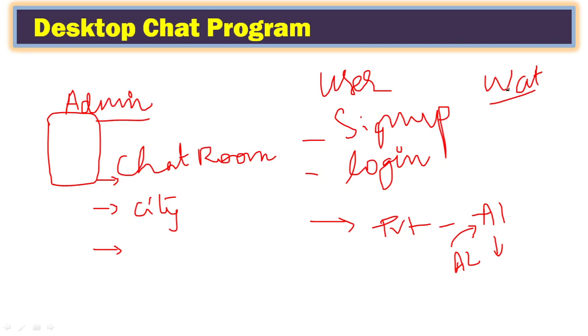Ultimately, what you need to learn is how you do this project. That is what is very important. Someone has already done it, that's fine, but how do you do it? How do you send a message from one person to another person? How do you send private messages? These are very, very important things that you have to learn as a language learner, and then you need to implement them in the project.